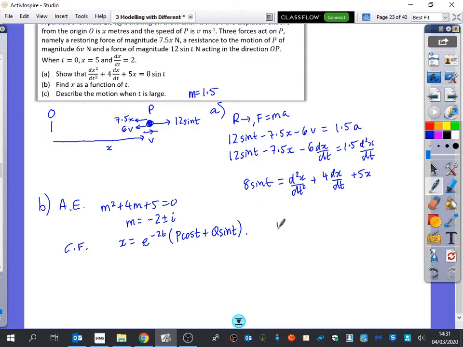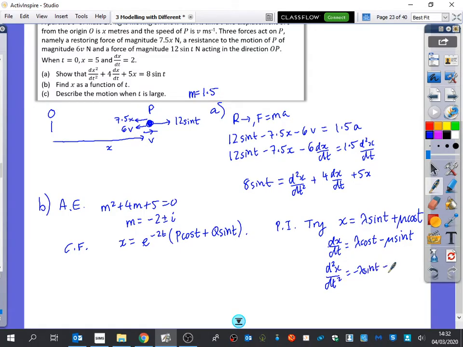So now we're going to do the particular integral, and we are going to try what? Bearing in mind it's an 8 sine t here. So we're going to try x equals lambda sine t plus mu cos t. Have to have both of them in there. And so differentiating that with respect to time, we get lambda cos t minus mu sine t. And then the second derivative,